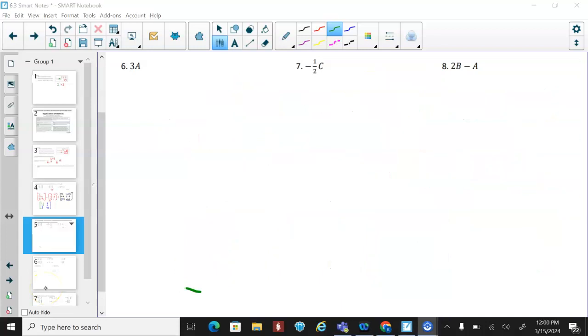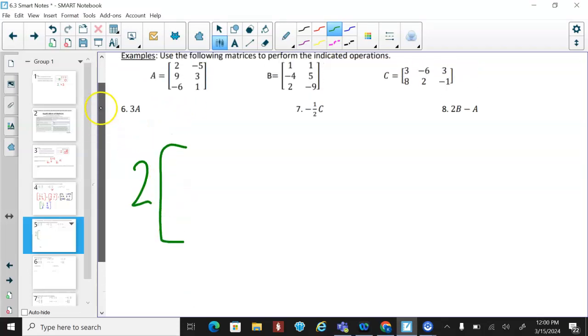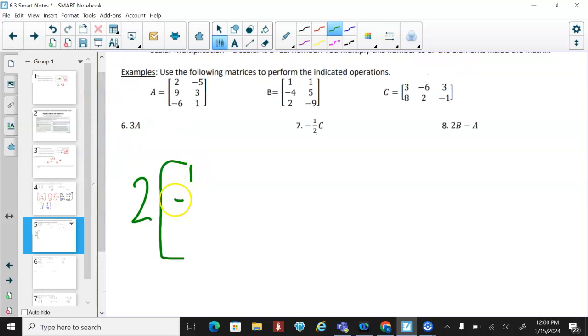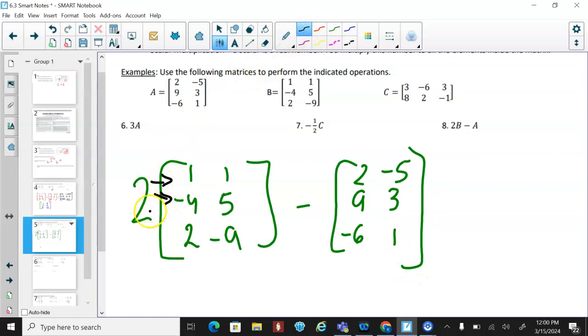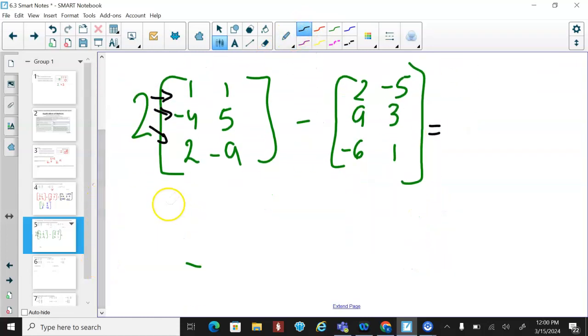All right, number 8 is 2 times b minus a. So of course, first we are going to do multiplication. So we're going to take a 2. We're going to multiply it by b. Okay. So b was 1, negative 4, 2, 1, 5, negative 9. And then we're going to subtract a from it. So it's going to be 2, 9, negative 6, negative 5, 3, 1. So first, of course, we are distributing, okay, 2 into everything. So we're going to get